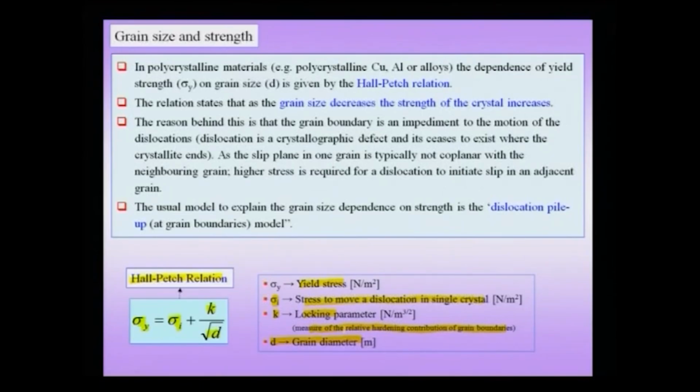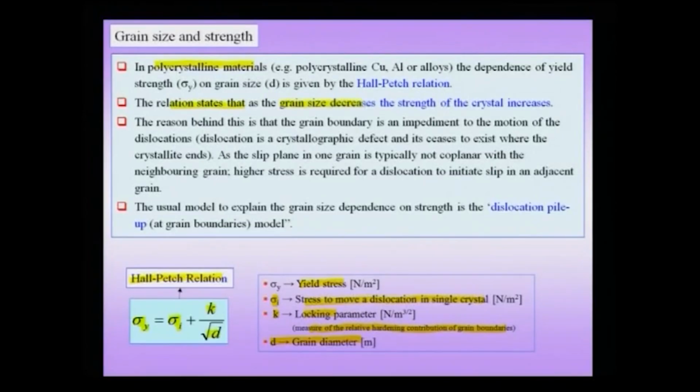And this Hall-Petch relationship is an empirical relationship which is true for polycrystalline materials, and a wide variety of materials studied over a range of grain sizes have been seen to obey this rule. Now, the relation states that as you reduce the grain size, the strength of the crystal is going to increase, and typically the reason behind this is given by a mechanism known as the dislocation pile up at the grain boundary model. This is a typical classical model, which means that the grain boundary stops the dislocation,